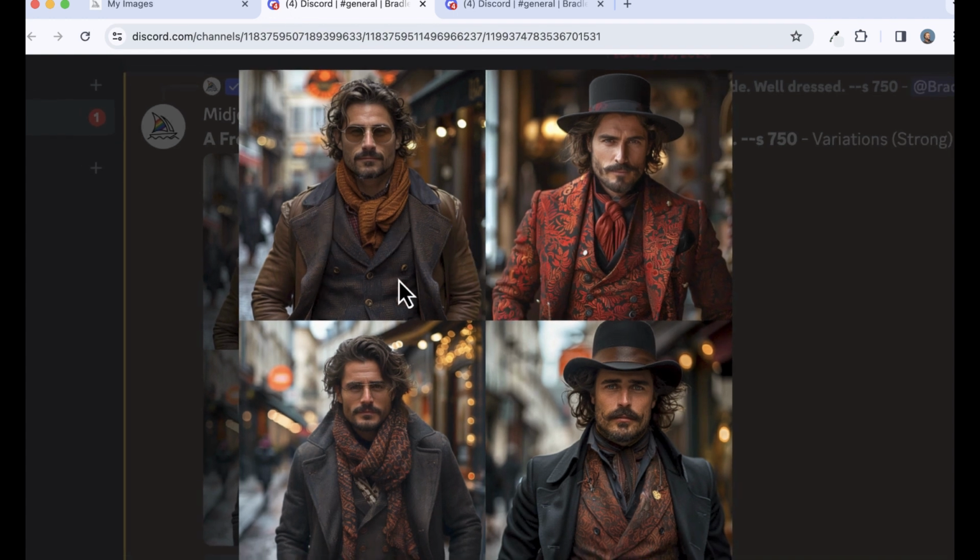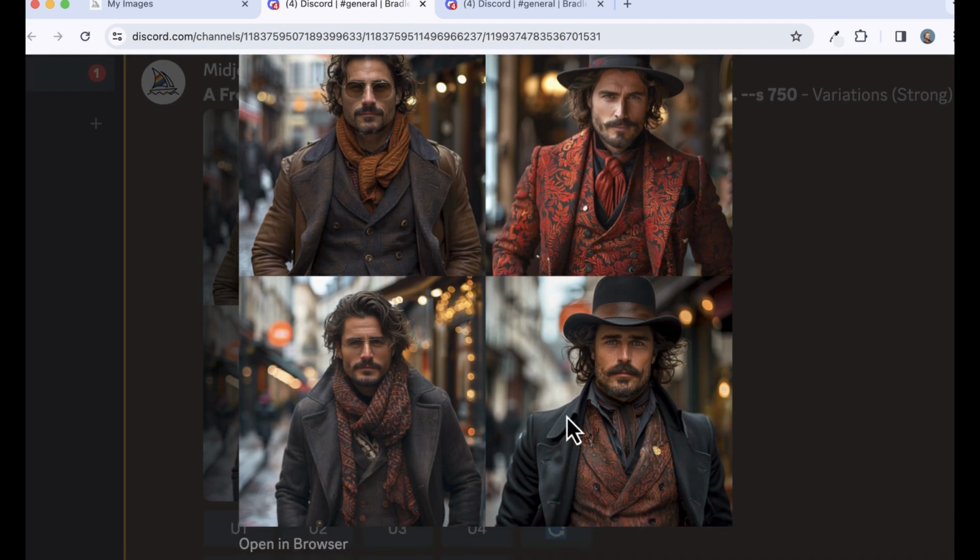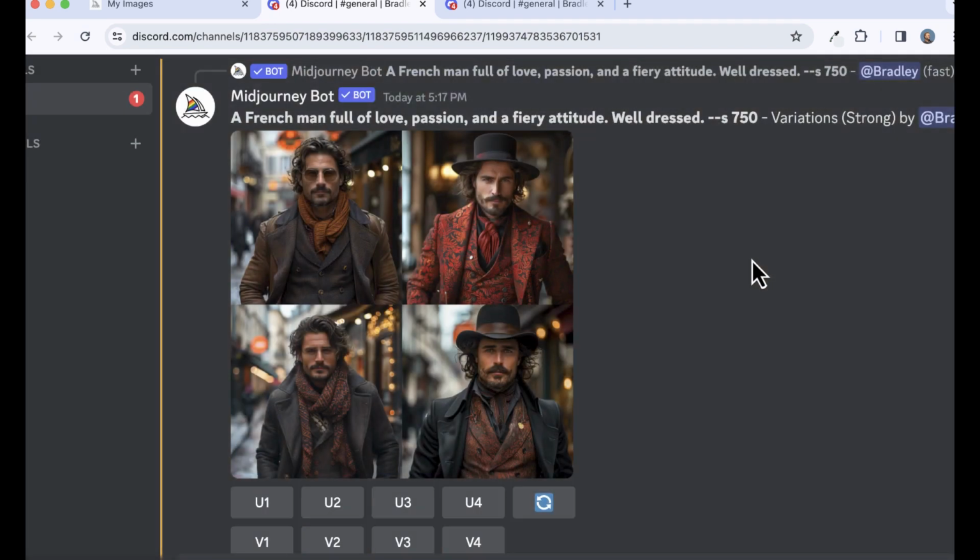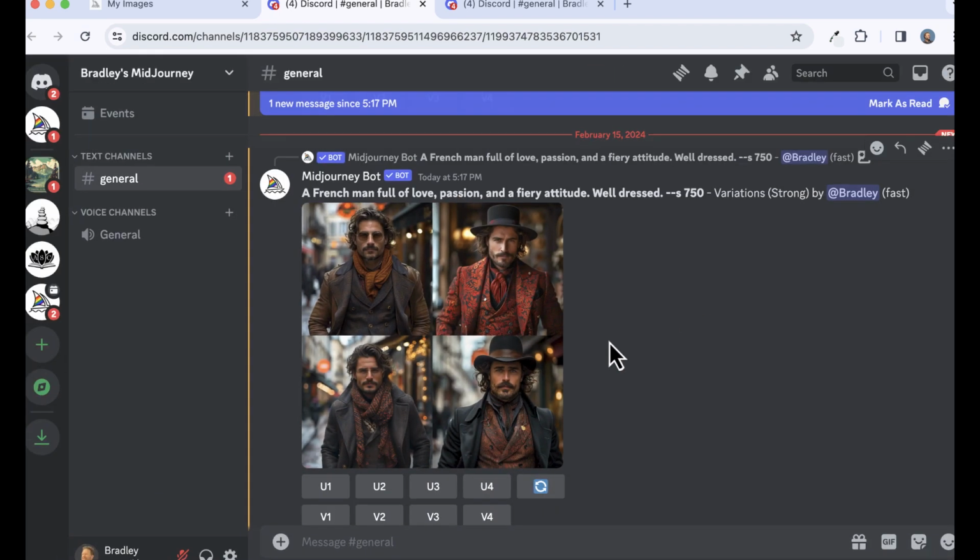Doesn't look very French to me. This guy's more like a circus wrangler. This guy's more of a cowboy. I don't know. I like my original guy better, really. But see how fun it is? When you're thinking also, and I am not a pro at Midjourney, you can add different descriptions, right? Add what do you want. Do you want more of this? Do you want more of that? Do you want more color? Do you want lighter? And you can play around and see what you get.